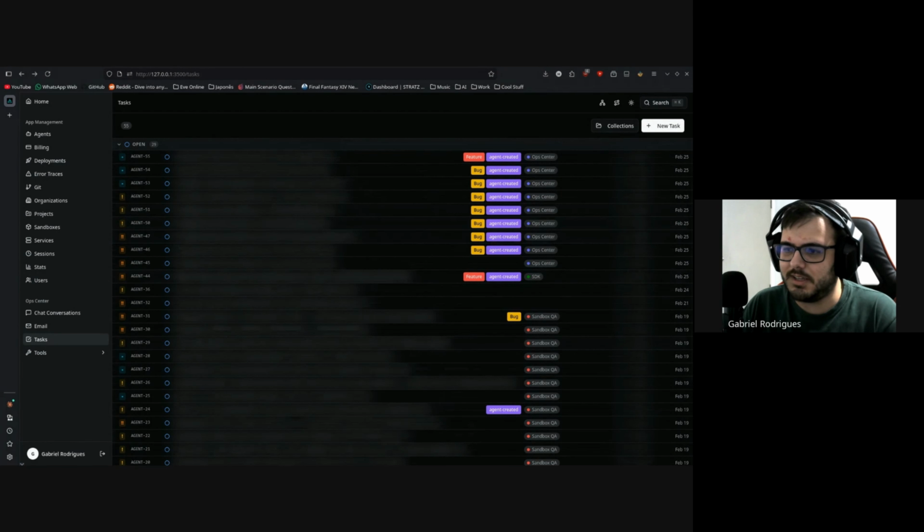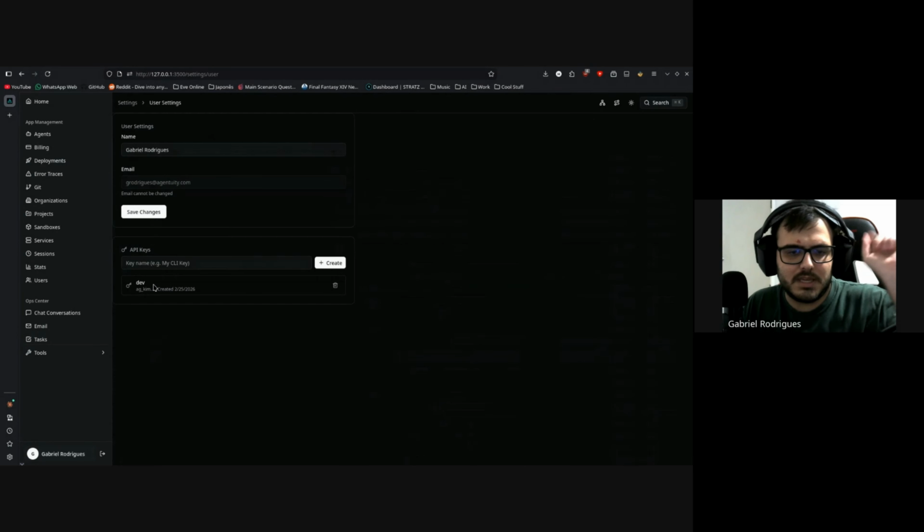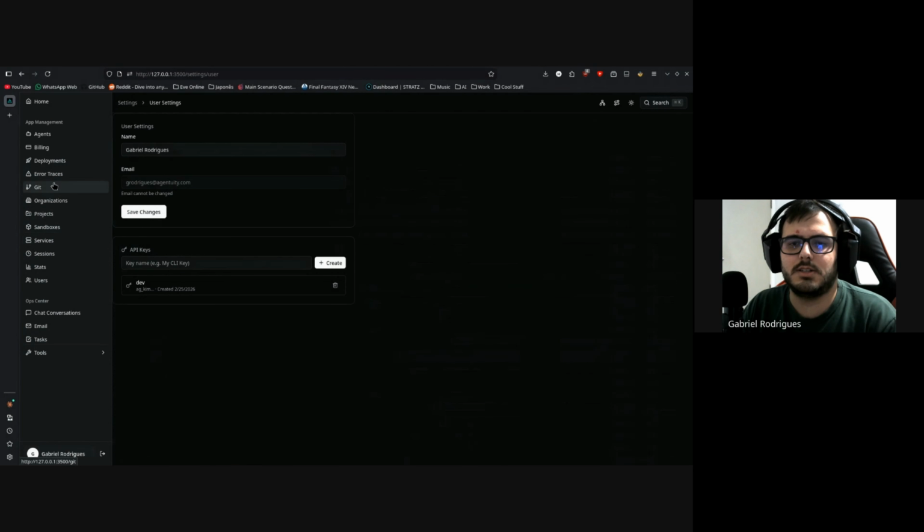But he added a bunch of cool skills for adding tasks, managing tasks, and all that. He built this cool system where we can provide API keys. We can make an environment that is local to us. We generate the API key, put it in the environment, and then the agents will use these API keys to access our Op Center URL and be able to do stuff in our place, instead of trying to do a bunch of shenanigans